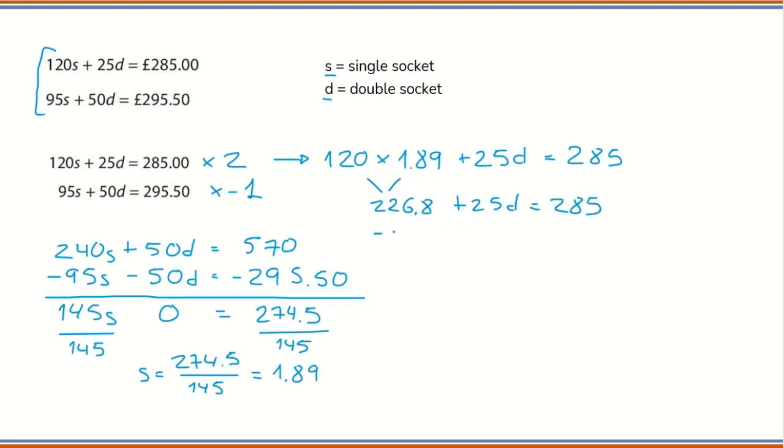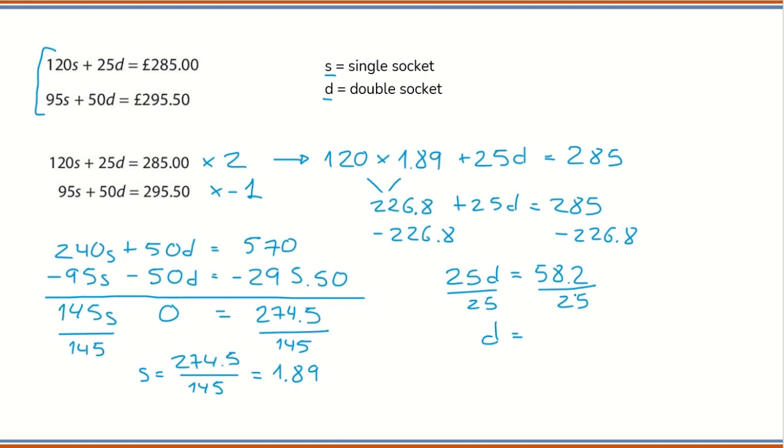I'm going to minus 226.8 on both parts of the equation. So 25D equals 285 minus 226.8, which is 58.2. If I divide by 25 both parts of the equations, 25 over 25 is 1, so D equals